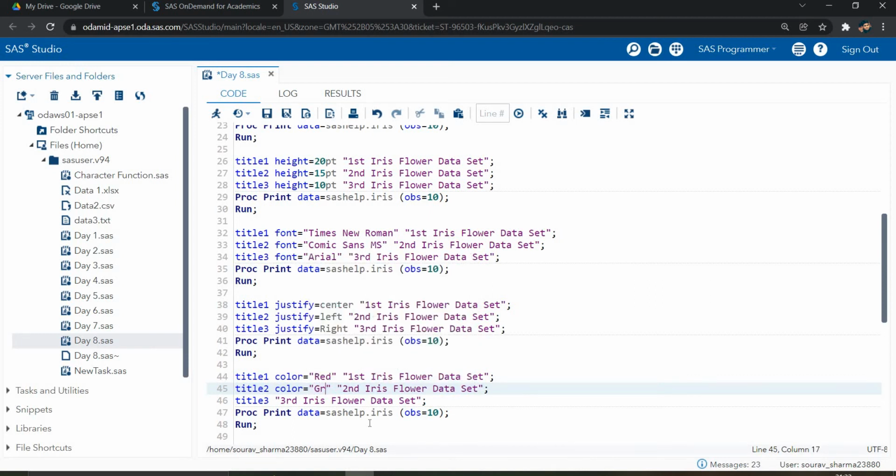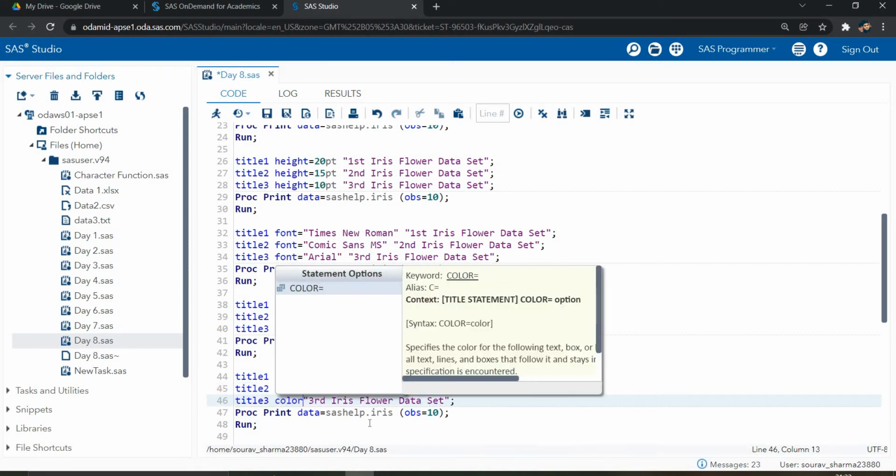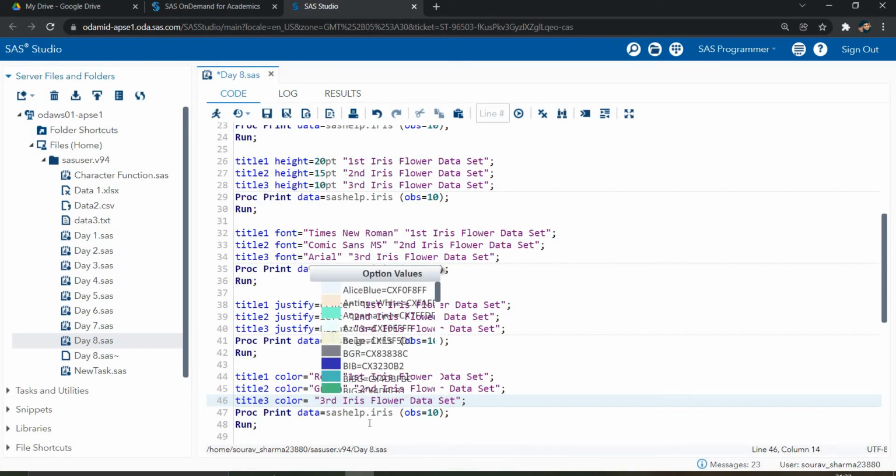Now I want this in green. Then I want this in blue. This is RGB.